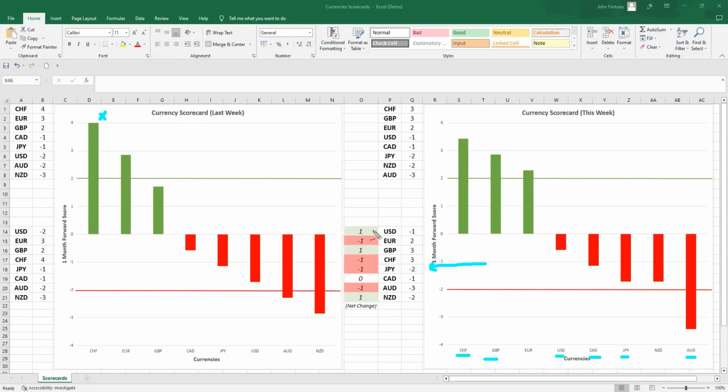Now, the third theme that I really like next week, because as you can see, the dollar is weak but getting stronger. The euro is strong but getting weaker in the scorecards. The franc is strong but getting weaker. And the New Zealand is weak but getting stronger. So we really want to be focused on those currencies which are bullish, and their 4-week rolling probability score is also getting stronger. So the probabilities of that currency continuing to trend is going up.